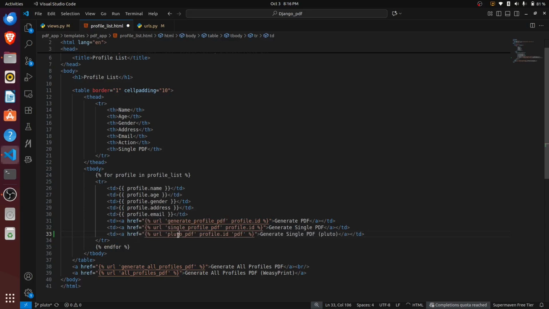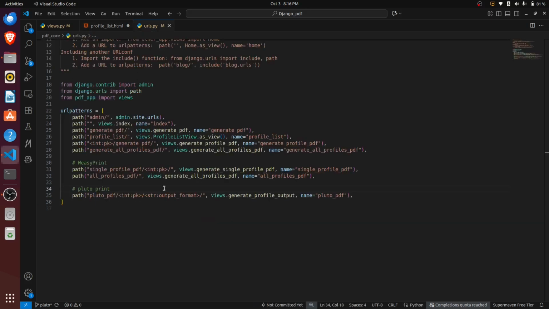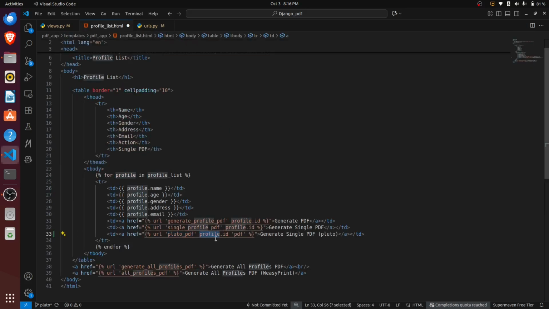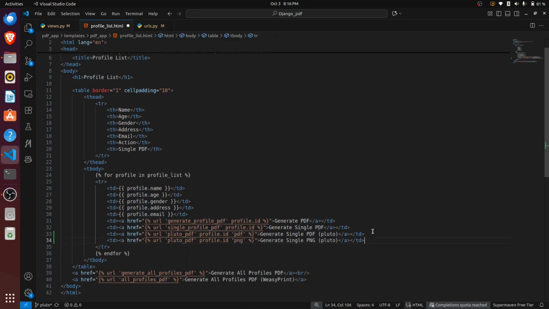So here first I'm passing Pluto PDF, the name of the URL which we have taken, and afterwards the ID of the profile which we want to be printed as PDF, and the format. Now another one I'm gonna pass as PNG. Here I'm passing PNG. So now if I save this and run the server,